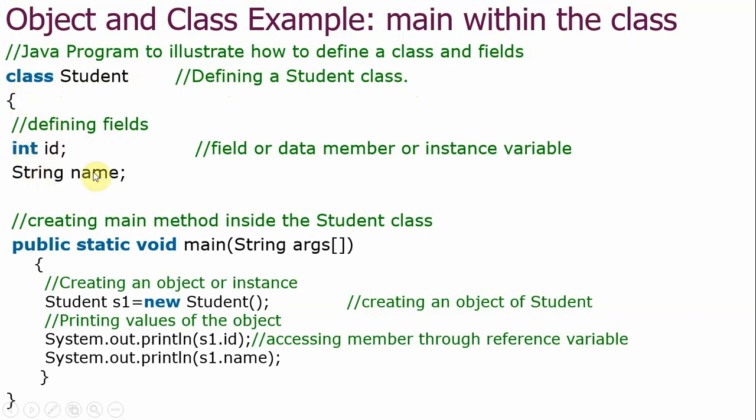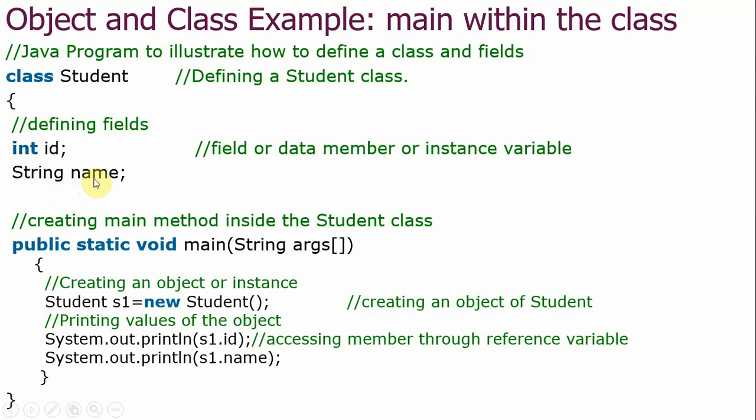There we can define fields. Fields means variables. So int data type, id, the name of the variable, and String. Remember, wherever you use String, the S should be capital. Why? Because String is a class, so the class name should be capital. String is not only a data type, it is also a class in Java, not like int. If it is the int data type, the i should be small only, float small only, double small only. But String is a data type as well as a class, so the S should always be capital.